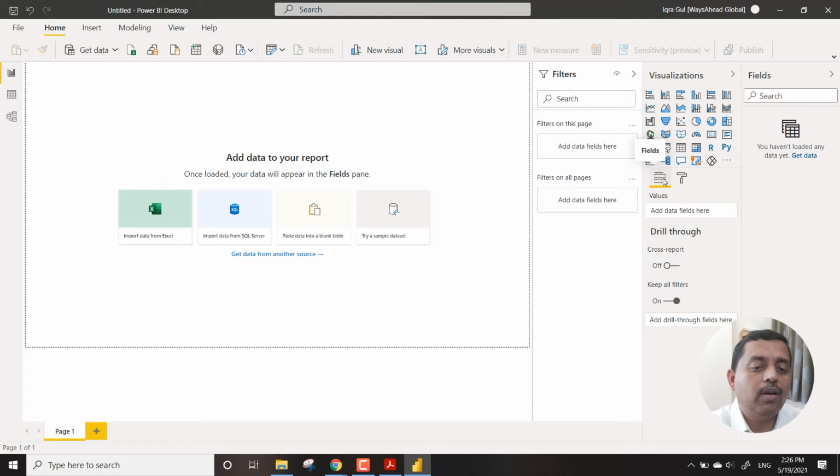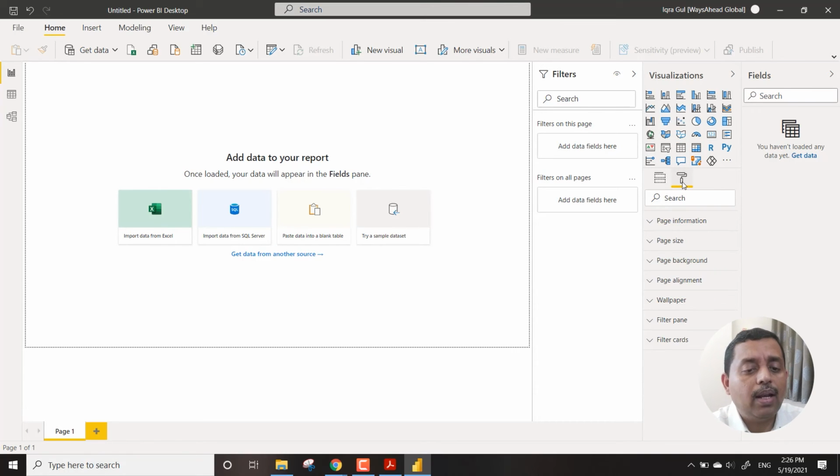So you will have a value, or some axis, rows, columns, and stuff like this in this particular area. And apart from that, you have something called format. Format allows you to work with the page background, alignment, page size, and stuff like this. All these things are a part of the format.